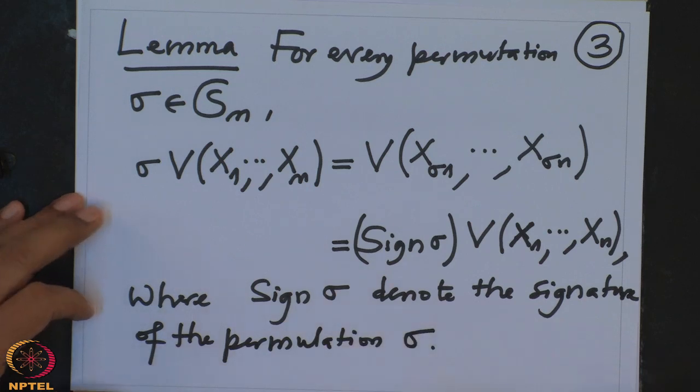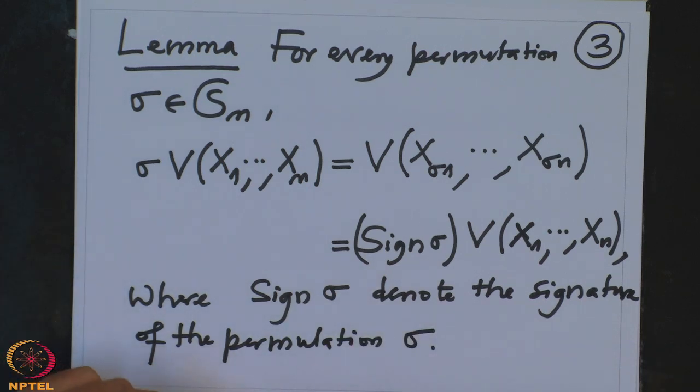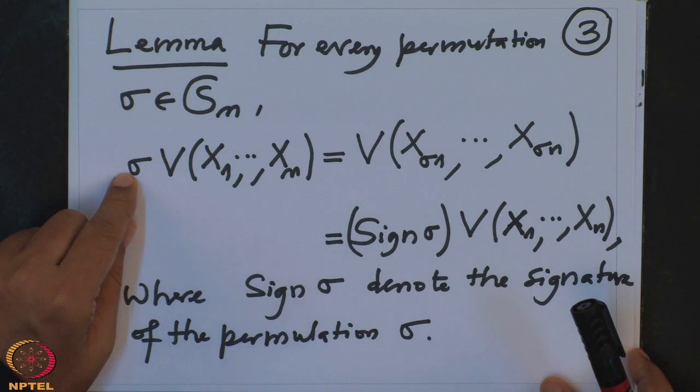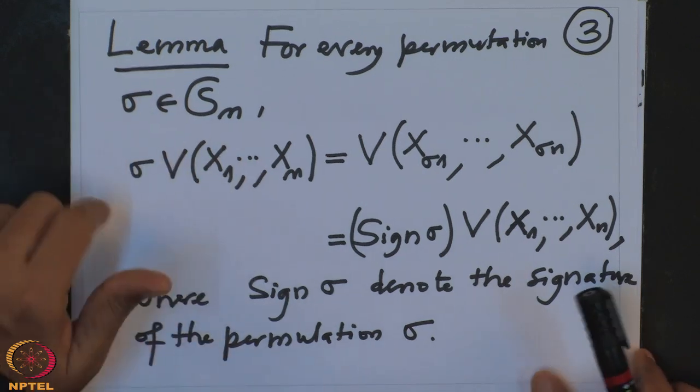sigma. Now, I should digress a little bit on the definition and some easy properties of the signature, that I do before I prove this lemma, and then we will come back to the proof of this lemma. So, this says that this Vandermonde determinant is not a symmetric polynomial, but it is almost like a symmetric polynomial. Okay, so before we go on, now this is a digression on